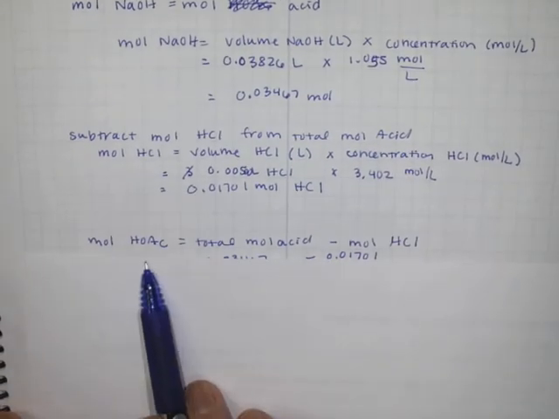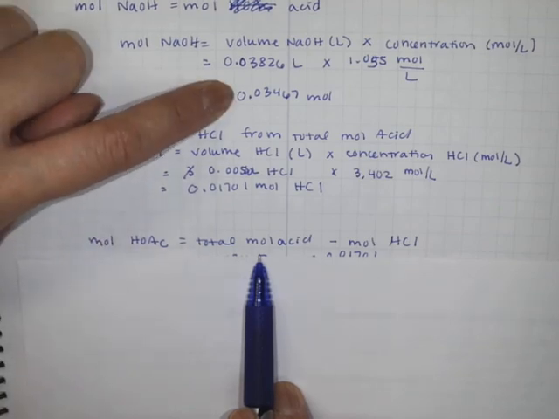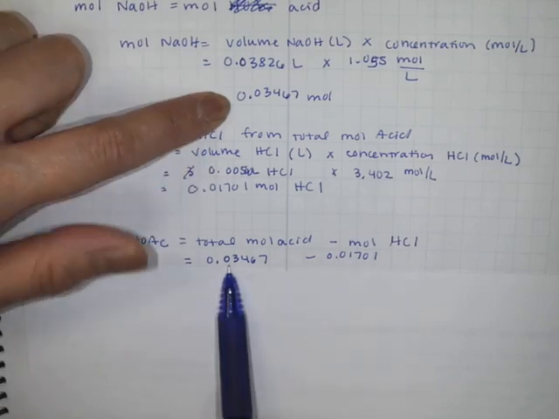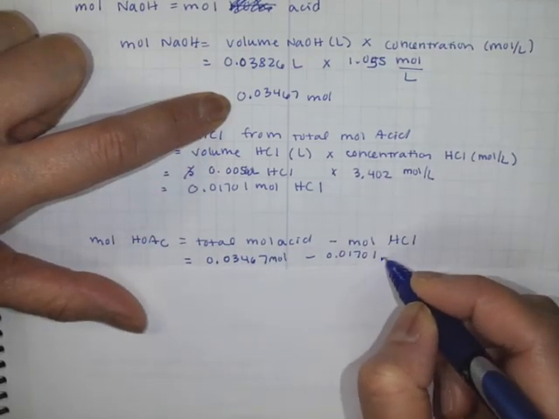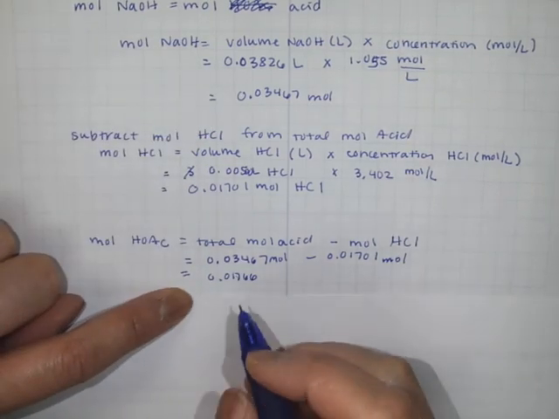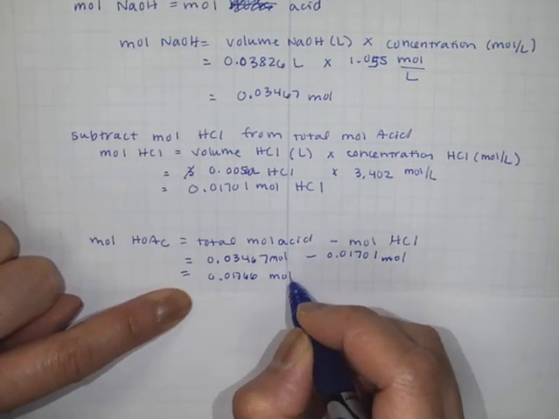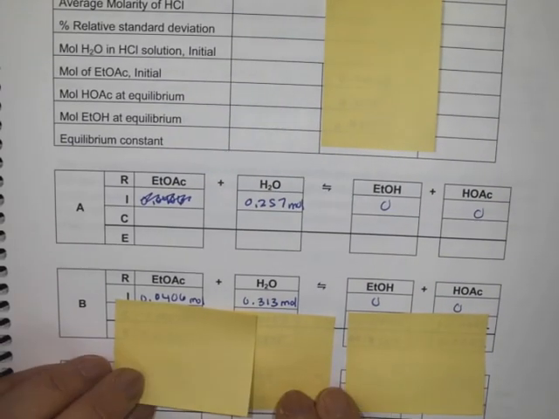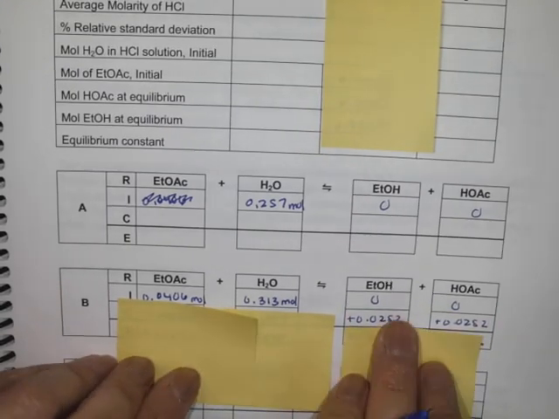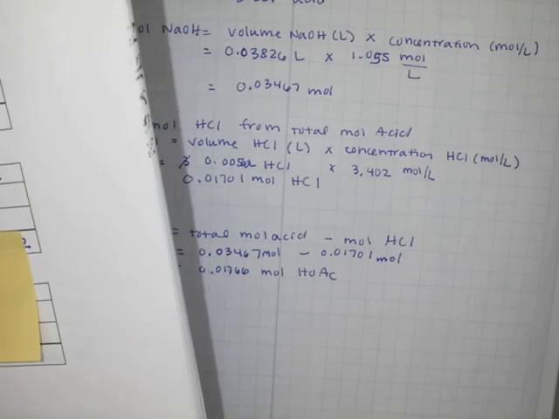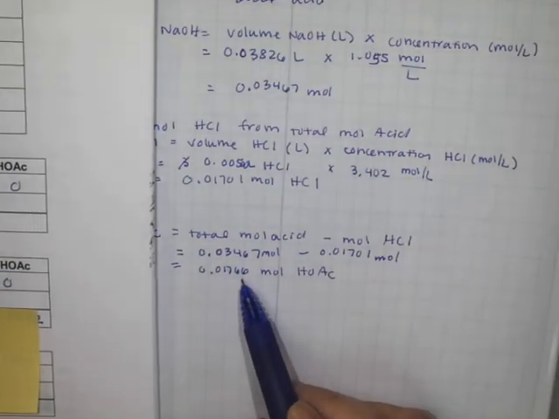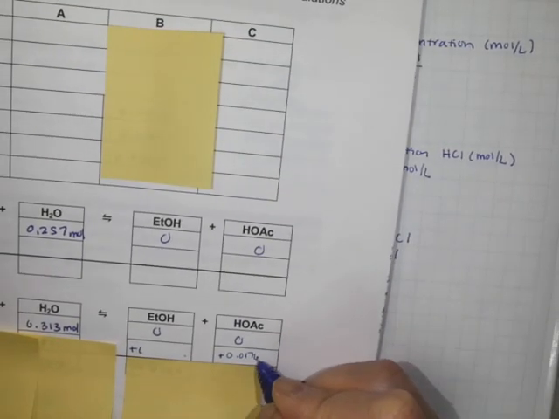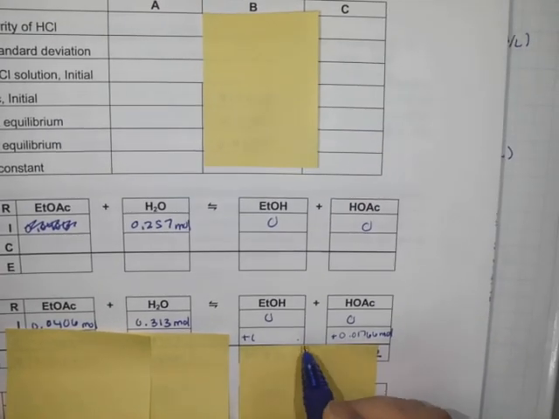And then to find acetic acid, we have total moles of acid, which is up here, minus the moles of HCl, so 0.03467 moles minus this moles equals 0.01766 moles of acetic acid. Alright, so we can go back to here now. Okay, so your 0.01766 moles goes here. And that is a 1-to-1 ratio with this, so this becomes